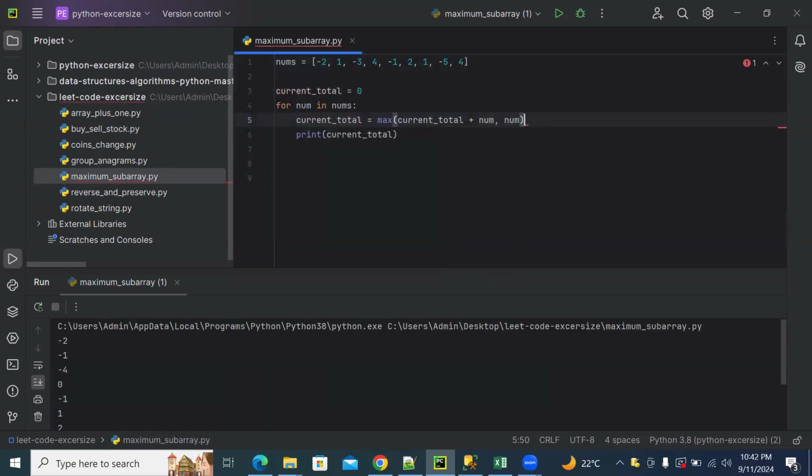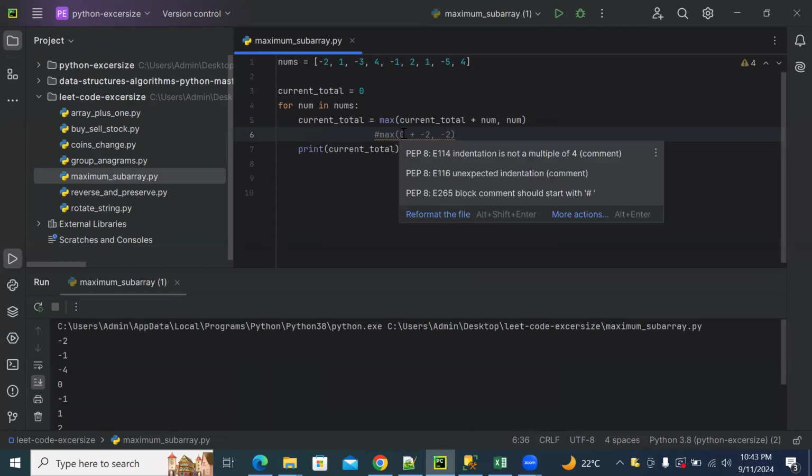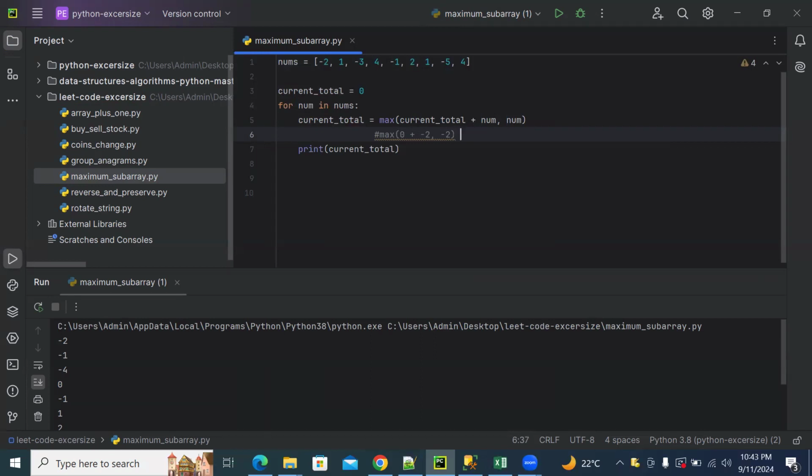In the very first iteration, you're going to get the maximum of 0 and number, which will be -2, and then you're going to get -2. When you look into the first iteration, you will be a little confused why we are adding current total plus num and applying max here, but you will understand from the second iteration onwards. So we are saying maximum of this. Finally, we'll be getting -2 itself as the current total. But